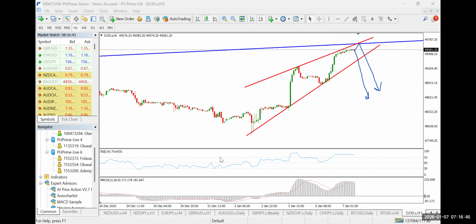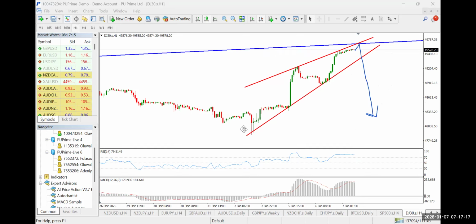trigger a sell. Now confirmation again is going to be our RSI below 50 and possibly MACD below zero. Like I always say, MACD depends on you, whether you're an aggressive trader or a conservative trader. If you're an aggressive trader, once your RSI crosses below 50, you're good to go. But if you're a conservative trader, you may want to wait to see the MACD follow suit by breaking below zero. So technically, I'm bearish on the DJ30 for today on the 1 hour time frame.